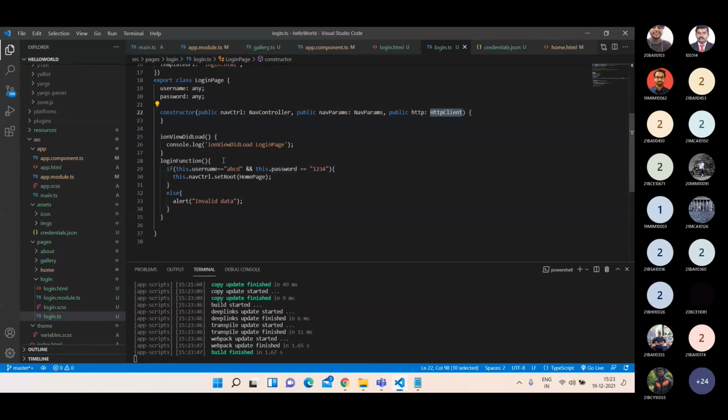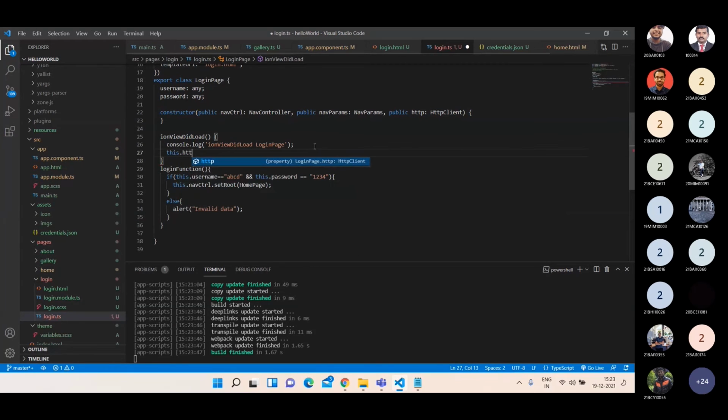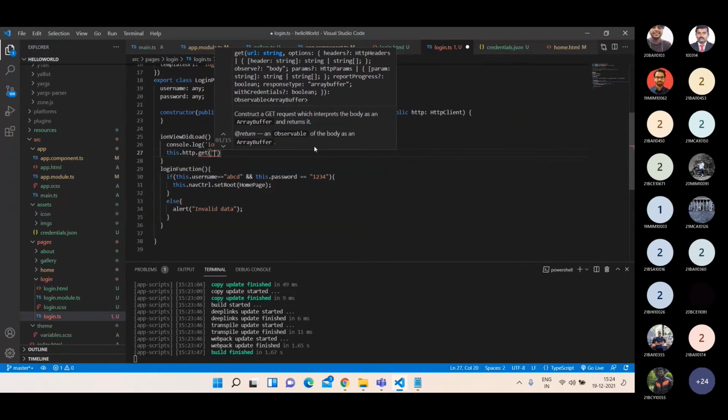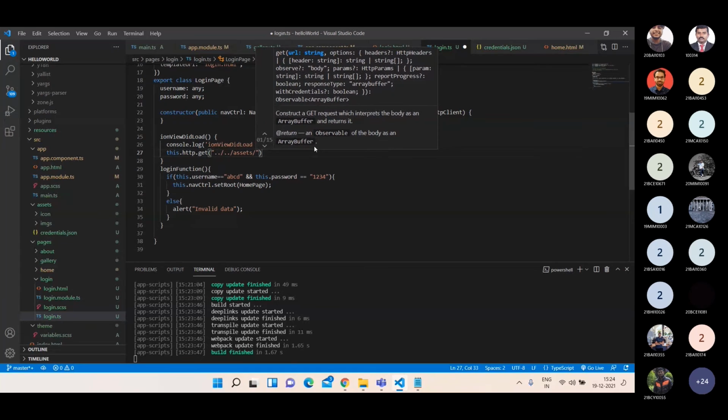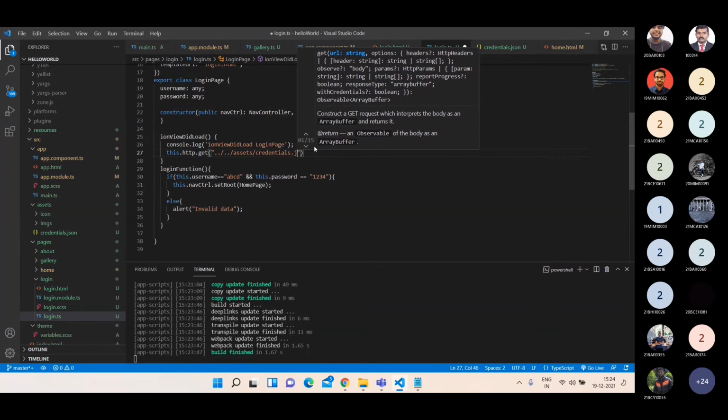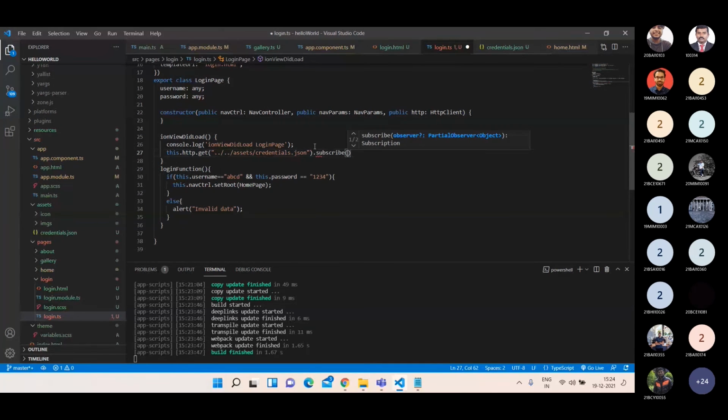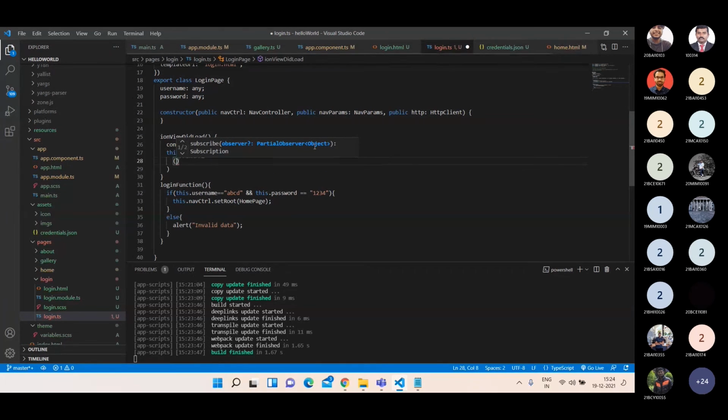So here, I'm calling the server with http.get, from where we are going to get the data: dot slash, dot slash, dot slash assets slash credentials.json, dot subscribe, users list.